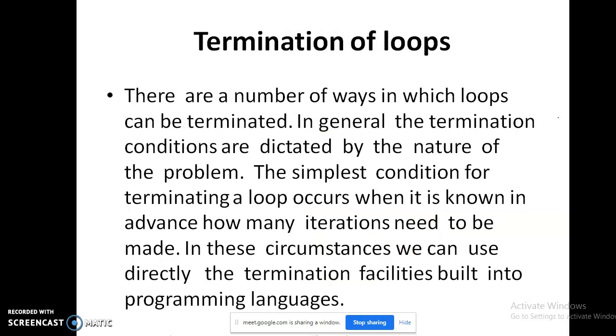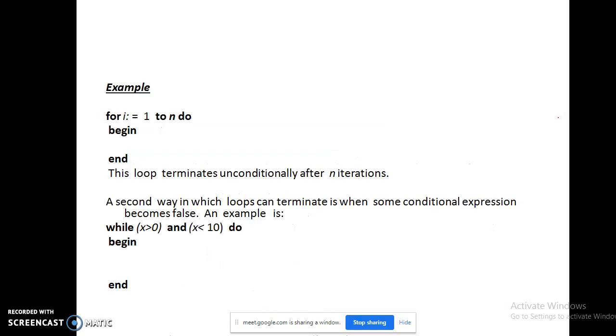Then termination of the loop is very important. If we forget this termination condition, it will move into an infinite loop and we can't stop our execution. So finding the termination of our loop is very important while we are using loops. If we forget, we automatically lose our termination condition.